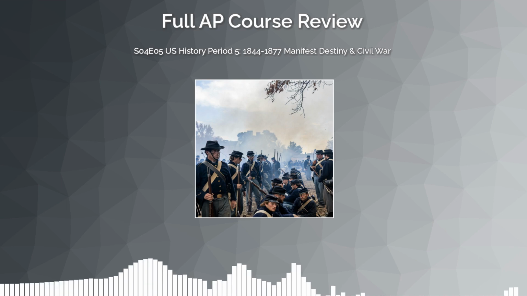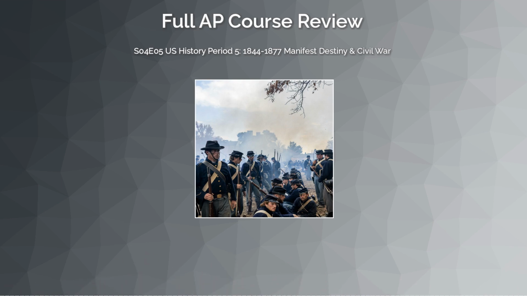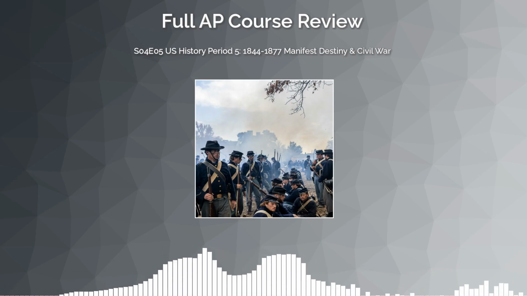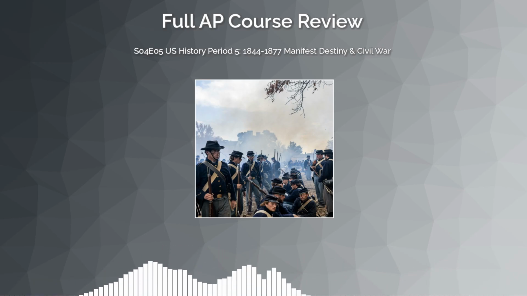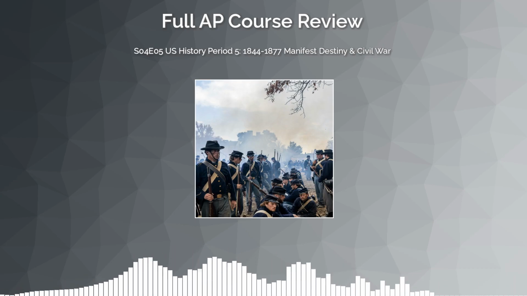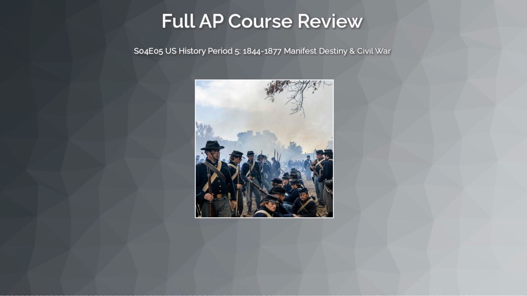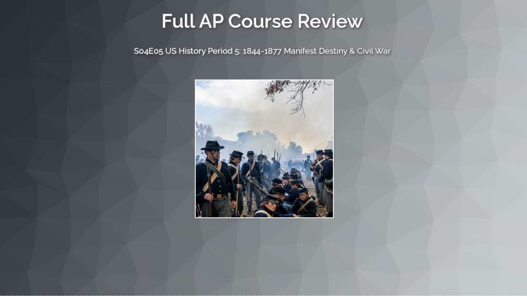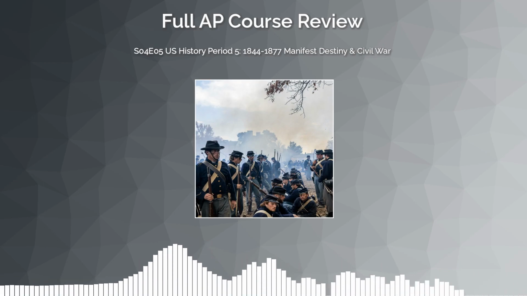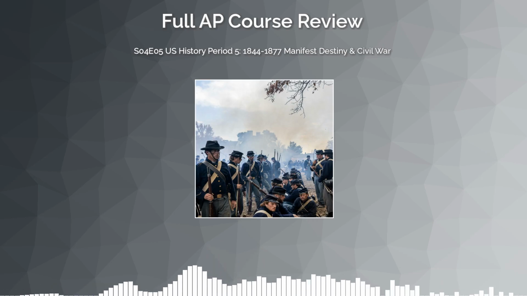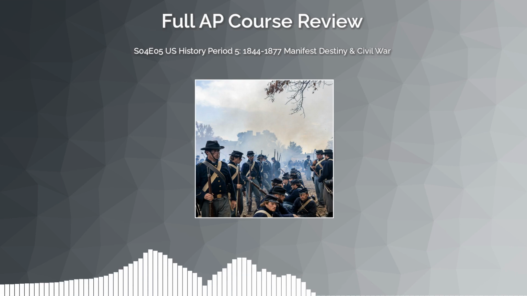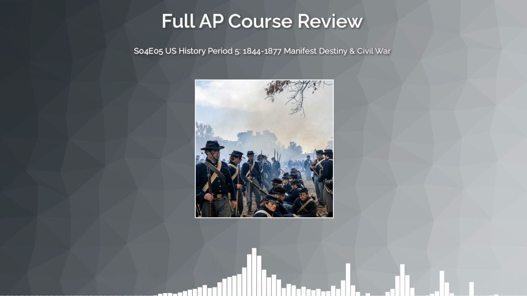Part 5.6, Failure of Compromise. The breaking point. Imagine you and a roommate had been arguing for years about the thermostat. You negotiate, you compromise, you write little agreements on sticky notes, but eventually one of you turns the heat all the way up and the other one moves out. That's essentially what happened to the United States between the 1820s and 1860. The country tried so many compromises over slavery that historians actually have a term for this era: the era of sectional crisis, and by the 1850s, the sticky notes just weren't working anymore.